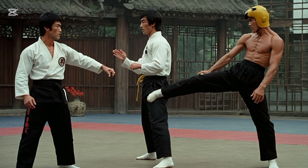Second, Lee focused on the kinetic chain. He understood how the transfer of force from the ground, through the hips,